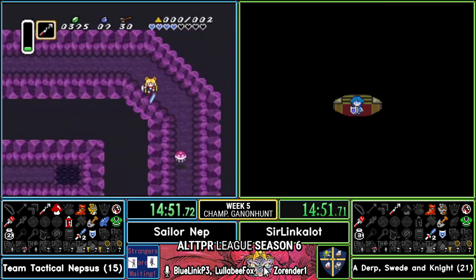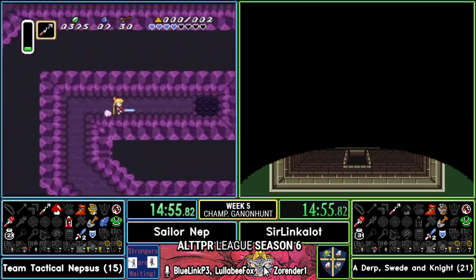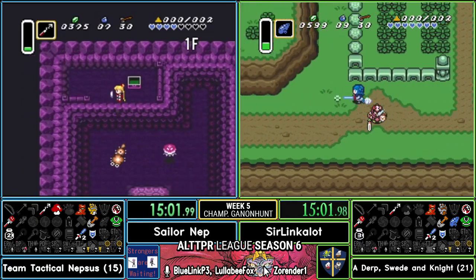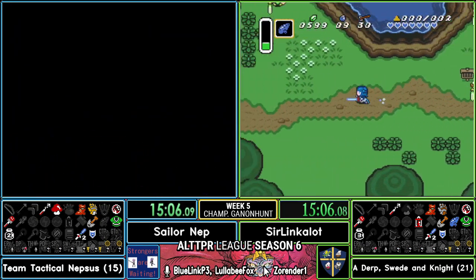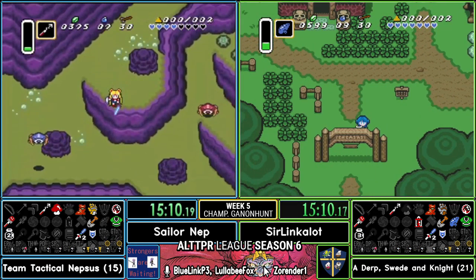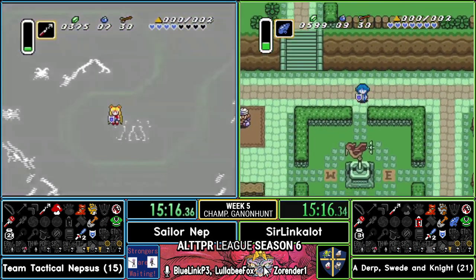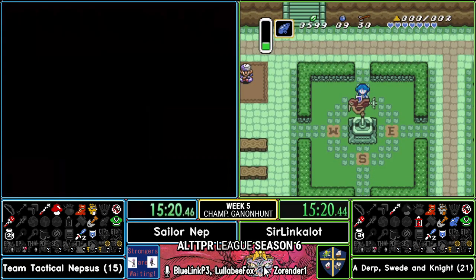So now with Sailor Nep having Dark World access, is she gonna go to Saha soon? I don't know. I think the first thing you do is unlock the flute though. Or free the duck, whatever you want to call it. Because that just enables you to get around Hyrule much quicker. After she clears up all of these,